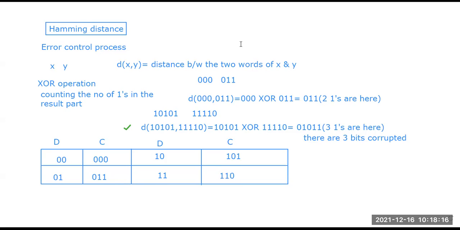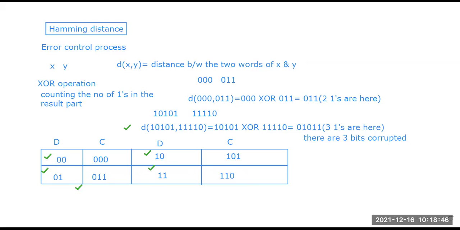So for this 0 0 data word, the code word is 0 0 0. For 1 0, it is 1 0 1. For 0 1, it is 0 1 1. For 1 1, it is 1 1 0. Suppose the sender encodes the data word 0 1 as 0 1 1.